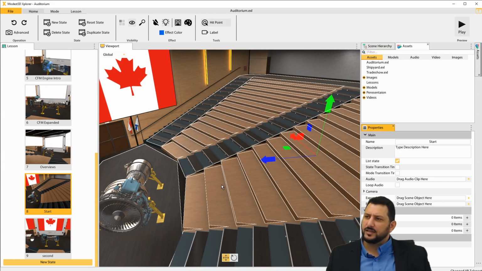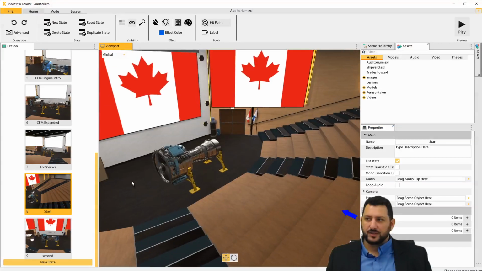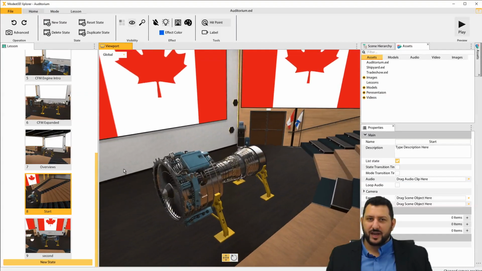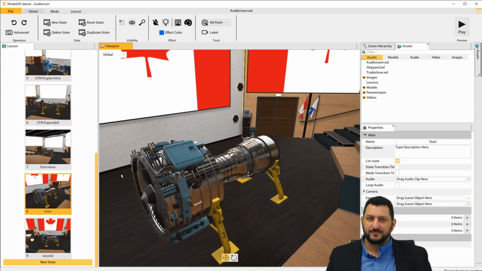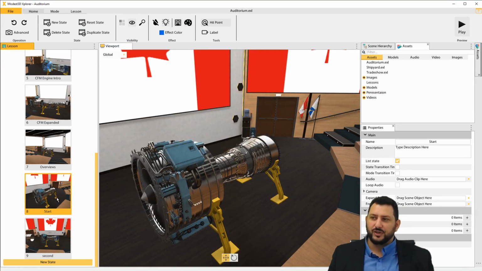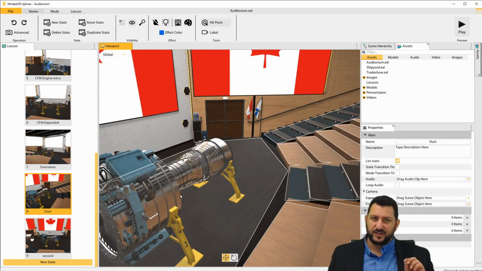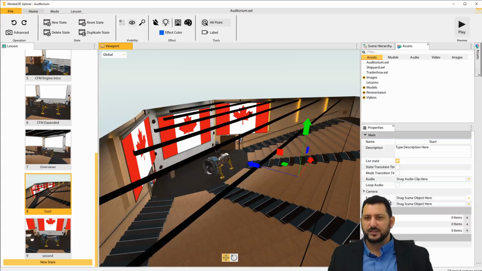So to create this presentation for both PC and VR, for PC, I would simply point the camera in the right direction. And that's as simple as that. Now when I switch from slide to slide, that would be the default position of the camera. So we're good there. Now, to create a VR presentation of the same exact environment, simply toggle the VR button